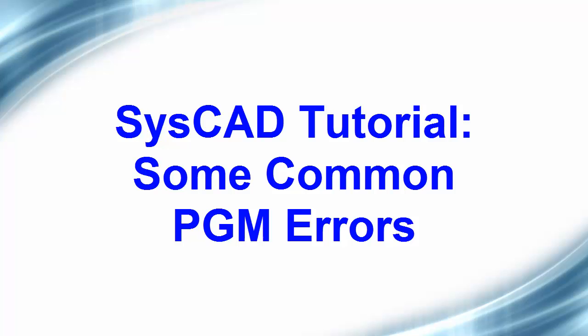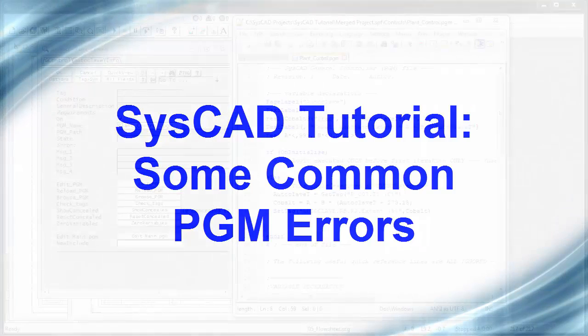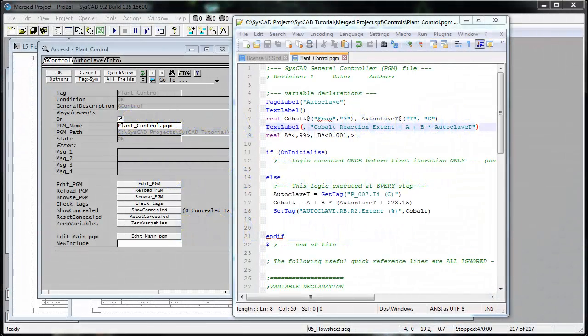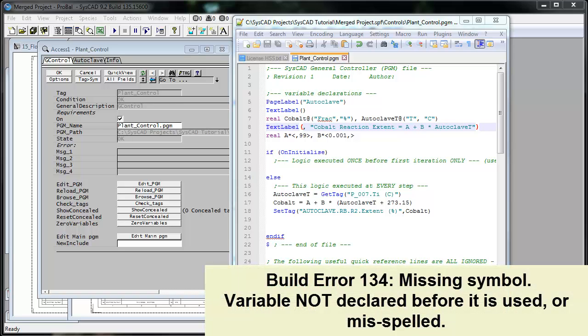In this video, we will look at some common errors that you might get when you're writing a PGM file in SysCAD. So having a look at the file we've been working on in the last few sessions, I'll make some errors and we'll have a look at what the error messages look like in SysCAD. One of the first ones that you could make is to either not declare a variable before you use it